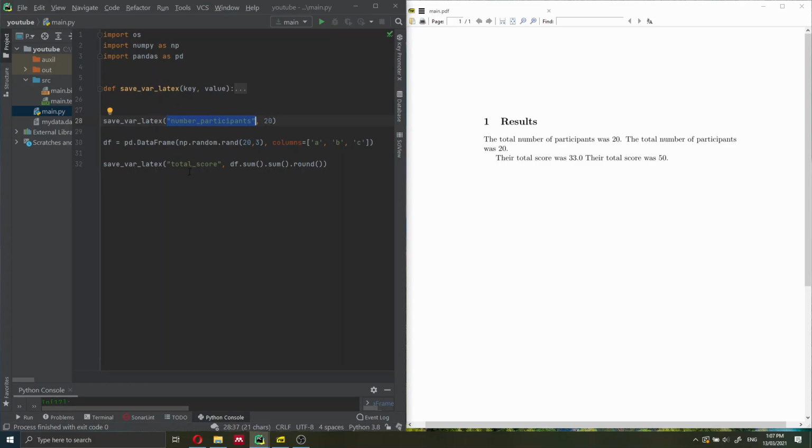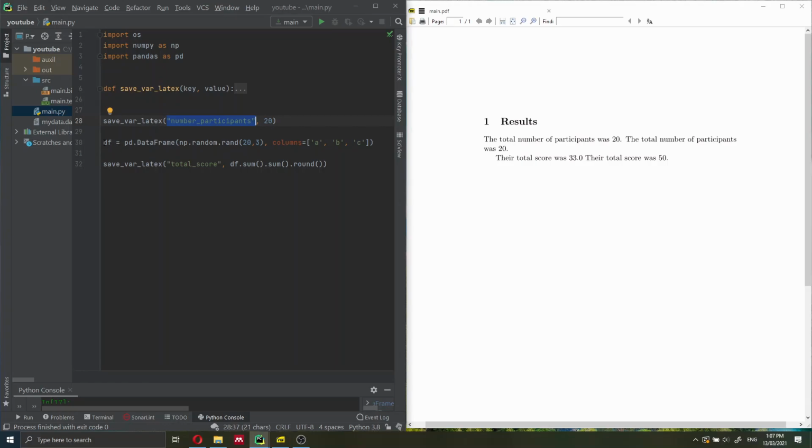Differently is for the total score of this participant. Here I'm just making up a mock value, so don't worry too much. But as I said, you might be logging the responses or environmental data or any other type of sensor which is going to change, or the accuracy of your model, because for instance you're running the analysis again, you're changing some parameters and then you're getting a different accuracy. So you can just tailor it to your specific needs.